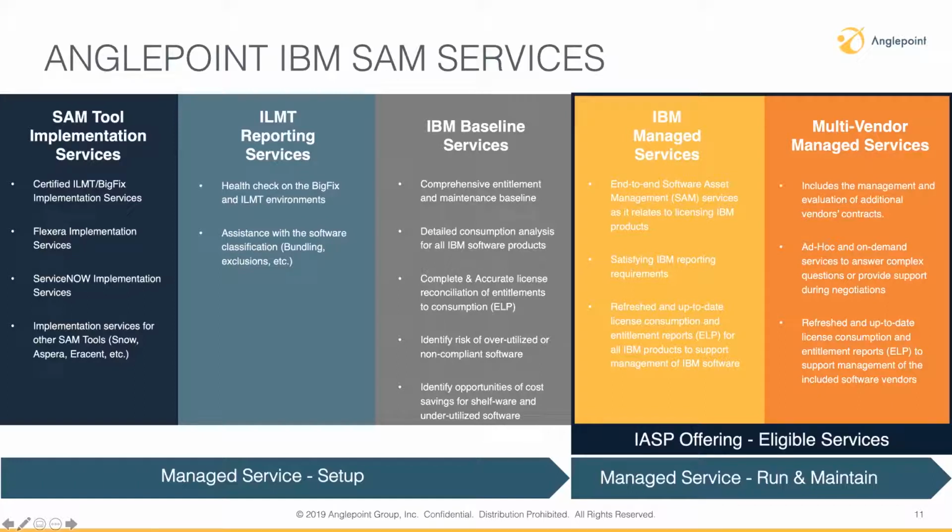And then we will look at all the consumption of licenses across the estate. On the PVU side, that information will be coming from ILMT or another approved tool. For the non-PVU, it'll be the result of other procedures that we will perform that I'm going to touch on in a bit. And then we reconcile all the license entitlements and all the license consumption information,